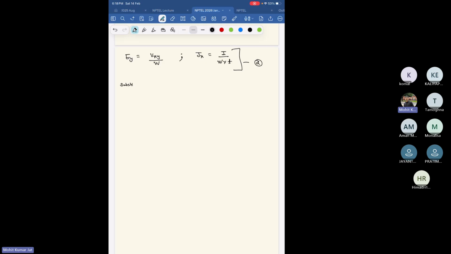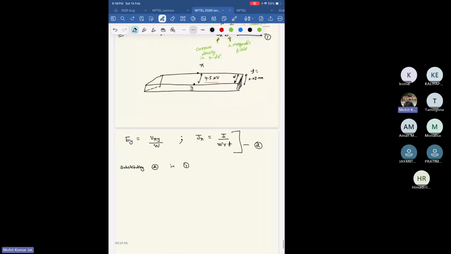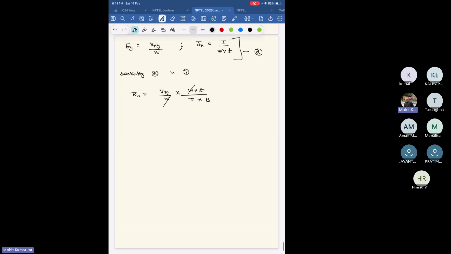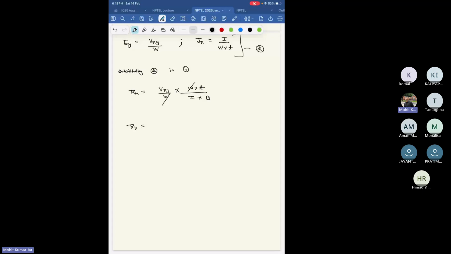Substituting 2 in 1. So RH is nothing but Ey, which is Vxy by W, times W times T by I, times B. W goes away, but we are left with RH equals Vxy, that is the transverse voltage in microvolt, whatever the value is given, T is the thickness,